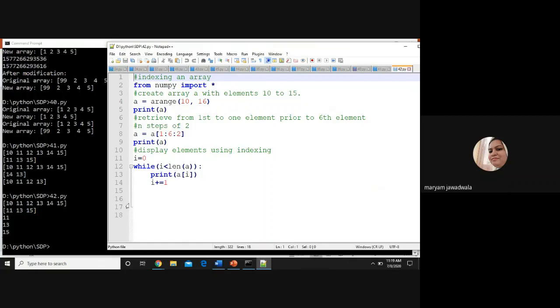So how many elements are there here? We are having total 6 elements. So this will give you the sixth element, right?